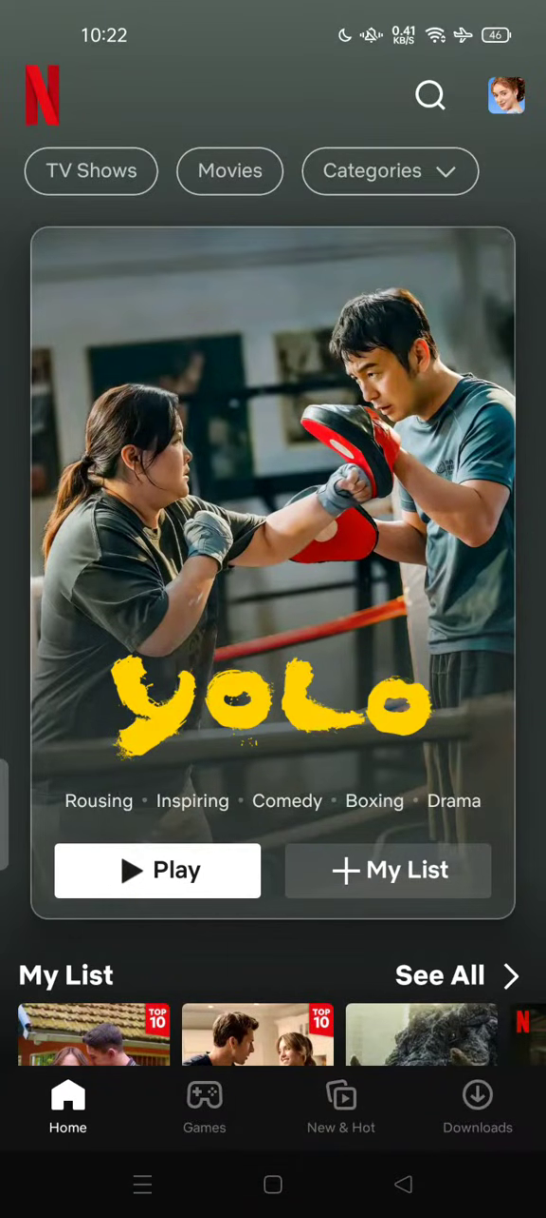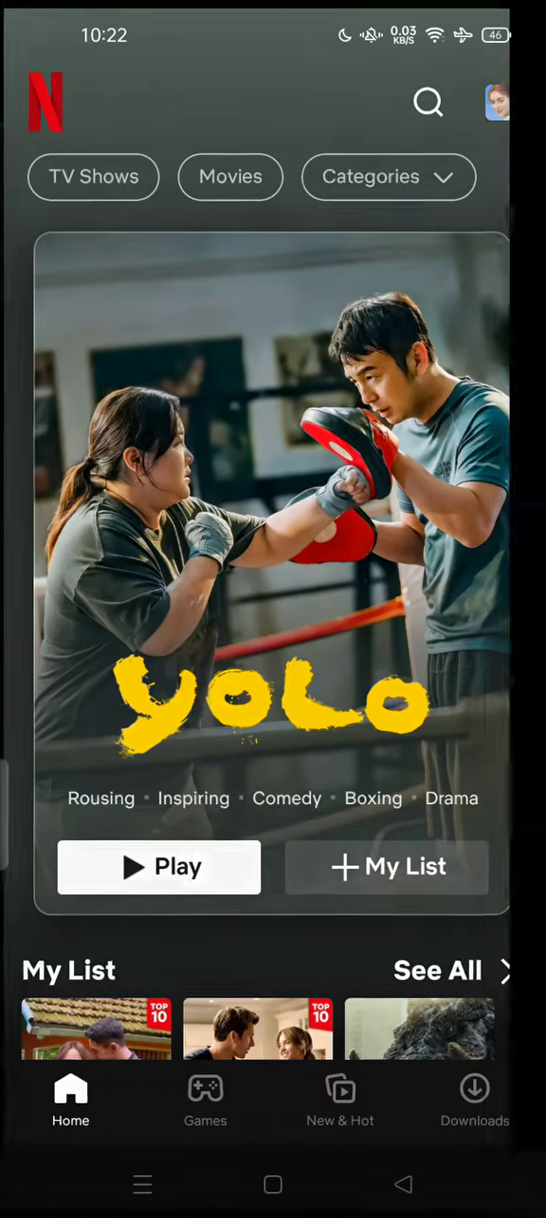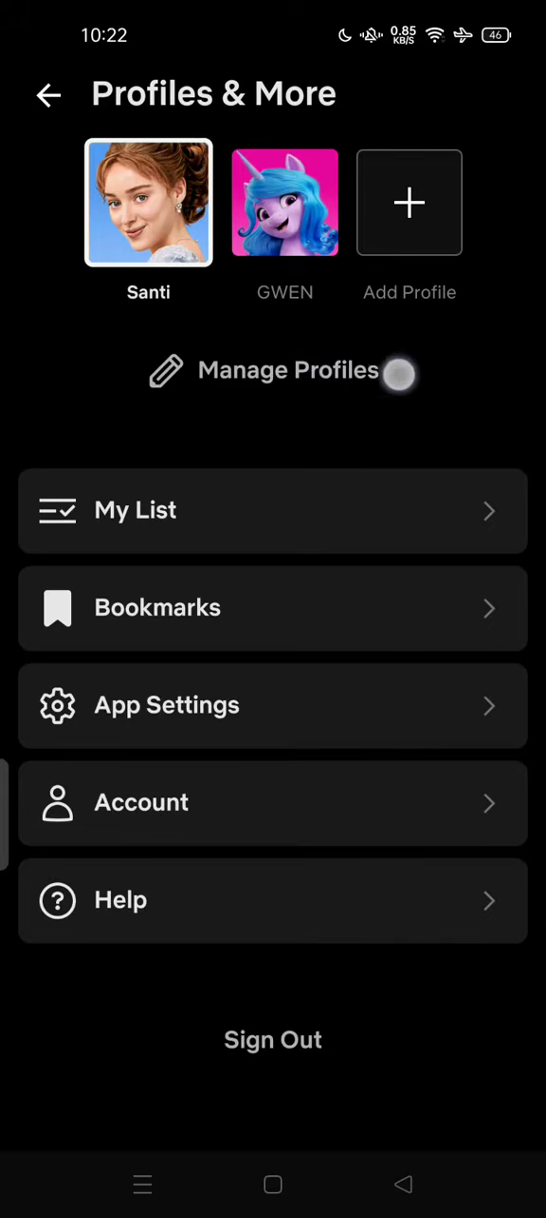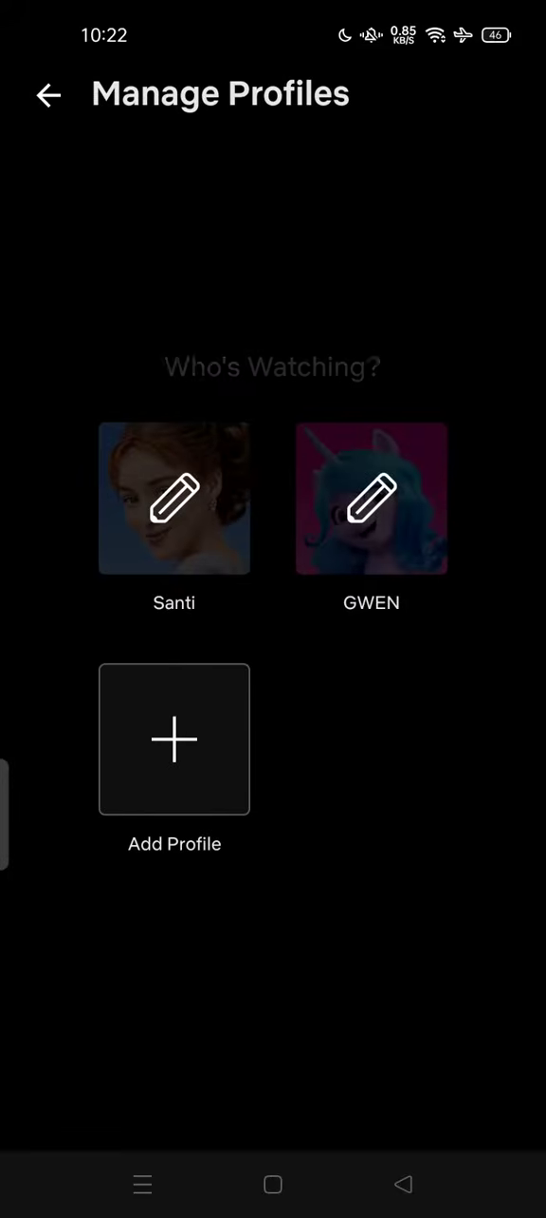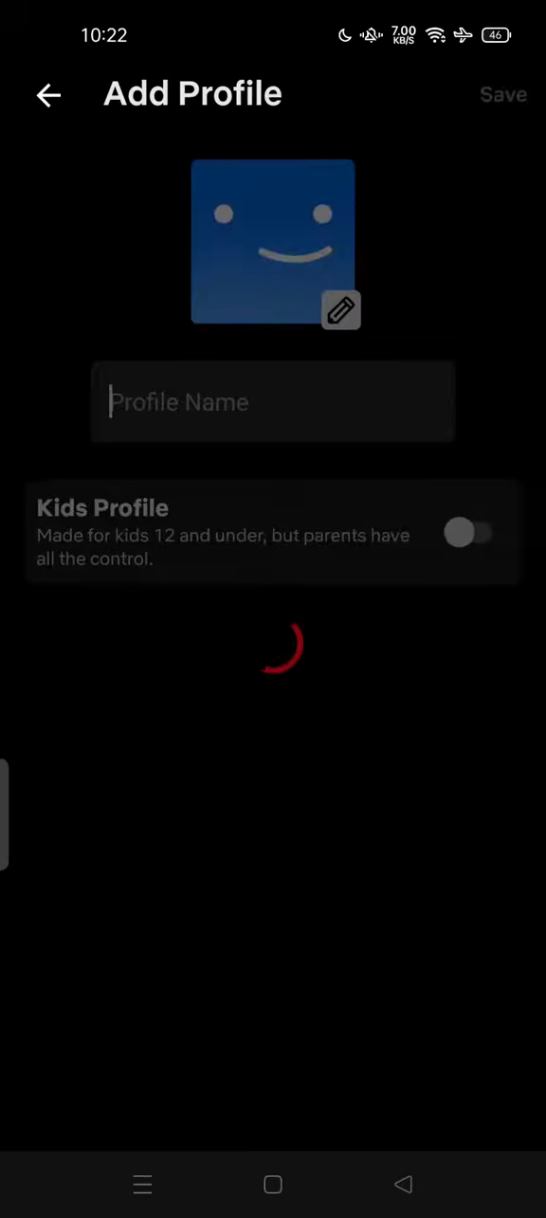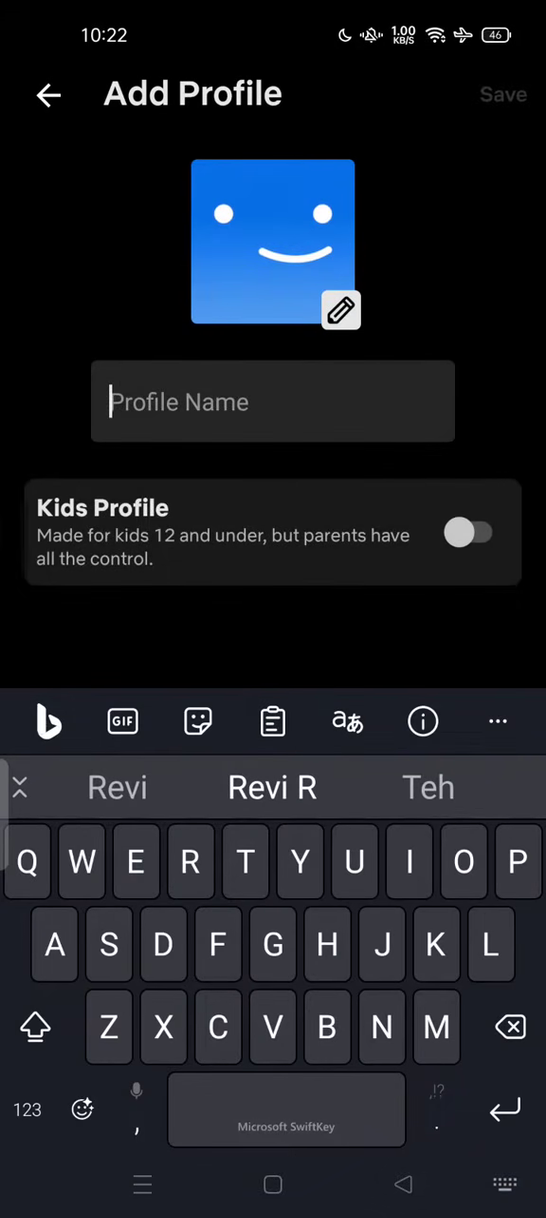Today I'm going to show you how to create a new kids profile on your Netflix account. So all you have to do is open Netflix on your mobile phone. Tap your profile picture at the top of your screen, and tap Manage Profiles. Here you can tap Add Profile and then give your profile a name